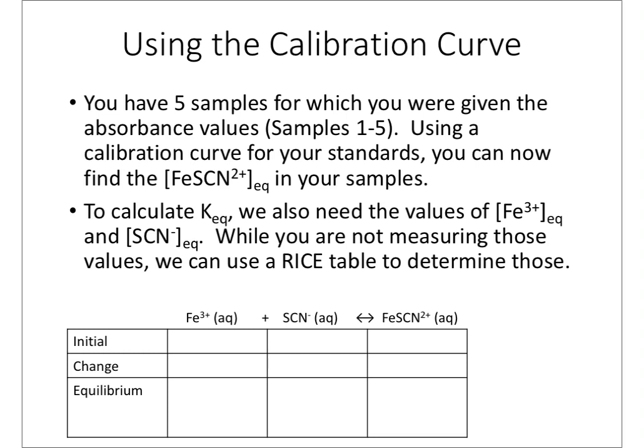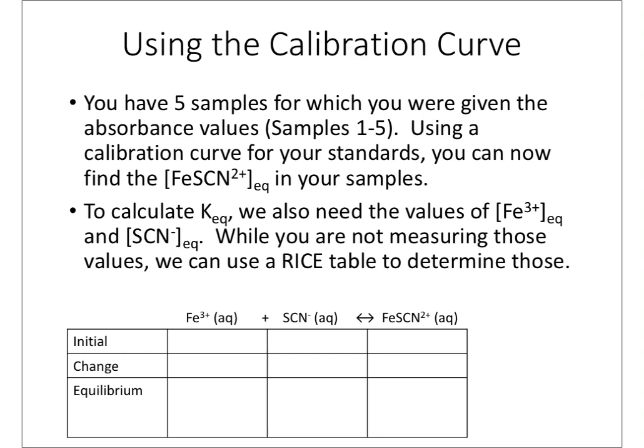All right, so let's say we've now calculated an absorbance of FeSCN using our calibration curve. What that value tells us is the amount of FeSCN at equilibrium. Now that we have that value at equilibrium, we can use that one single number to calculate the amount of iron 3 plus and thiocyanate at equilibrium as well. The way we can do this is by creating an ICE table or a RICE table, depending on how your instructor defines it. I'll use RICE here because what really matters is we have this balanced chemical reaction that we're using